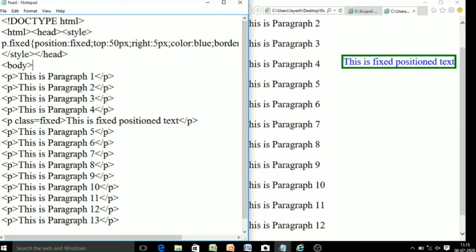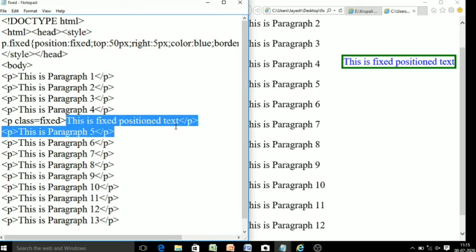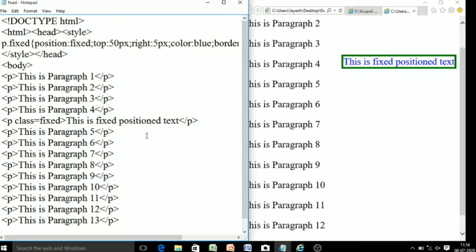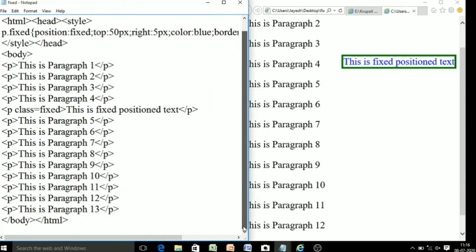This is paragraph 2, this is paragraph 3, this is paragraph 4, and after that P class, I'm calling the fix class, which is defined in the head section, and the text is, this is fix position text, then P tag close. After that, just pasting the text. This is paragraph 5, 6, 7, 8, 9, 10, 11, 12, 13. And after that, just close the code using close body tag and HTML tag.